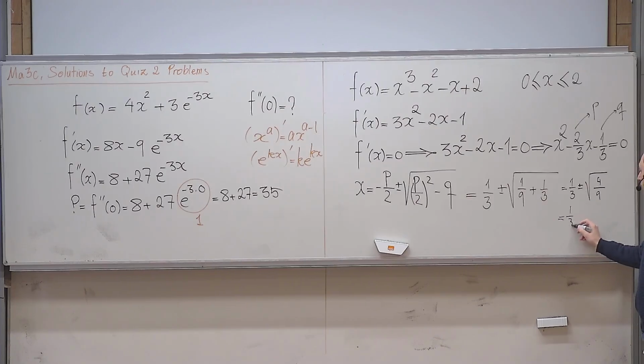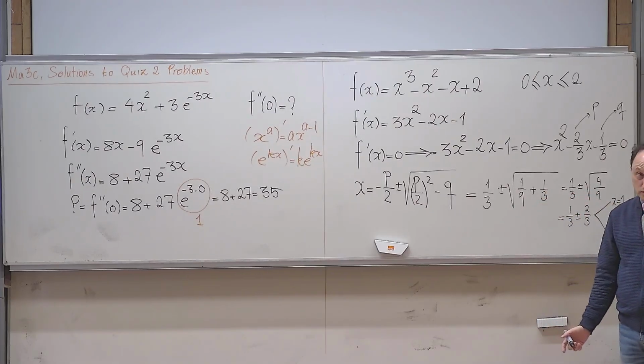It's 1 over 3 plus or minus the square root of 4 over 9, which is 2 over 3. So I get two answers. One answer is 1 over 3 plus 2 over 3, which is 3 over 3. But 3 over 3 is what? 1. The other answer is what? 1 over 3 minus 2 over 3, which is minus 1 over 3. Okay? And I intentionally designed the question in that way because I want you to see if you can